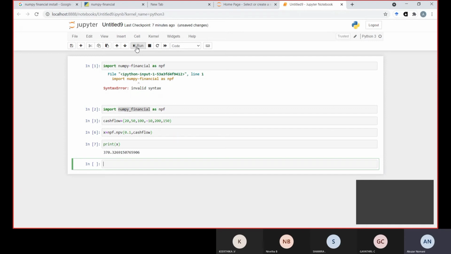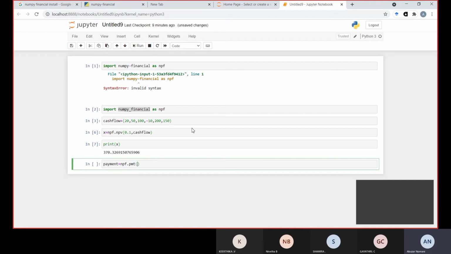So how can you find this out with the help of the numpy_financial package? With the financial package, you can find the payment you have to make. What is the payment? Which function do we have to use? In numpy_financial we use the payment function, PMT, as we have seen in the case of Excel. When we use Excel, we have to use the PMT function.